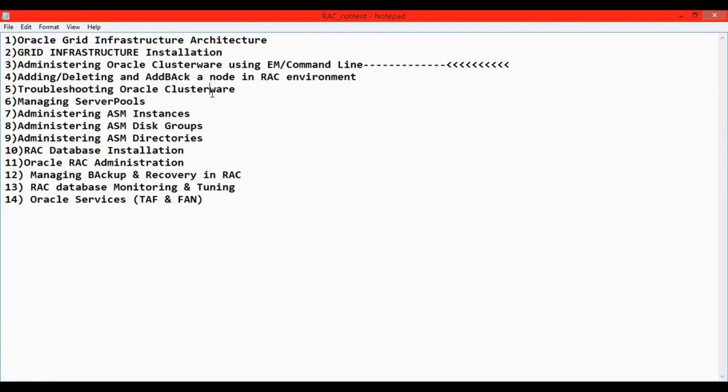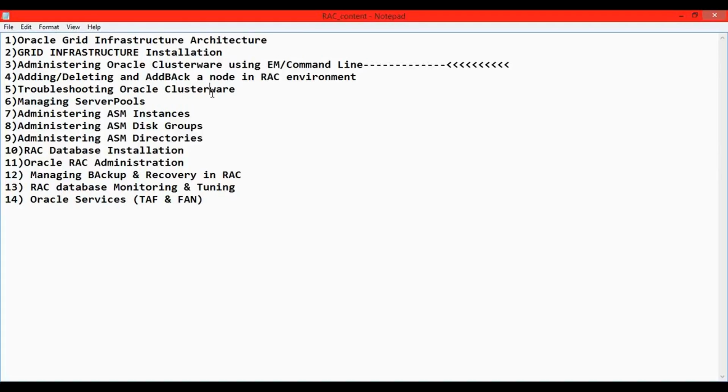It may be a fast session if you are already aware of these certain topics. Sure. Then further, we have the RAC database installation, where we will see how the installation of a database is done in a RAC environment. When you have multiple nodes, how you will do multi-node installation with RAC, and then you will see how the multi-node